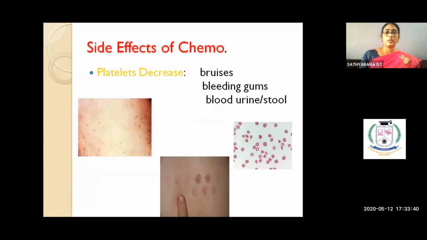And these are skin abrasions which usually happen when somebody gets chemo, right? So the gums will start bleeding, and you have all these kinds of small blisters and stuff which will be coming on the body, right? So when they pass urine or stool, there will be some blood and all that. So this is also one kind of side effect.